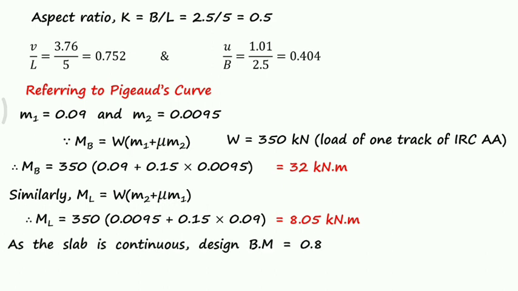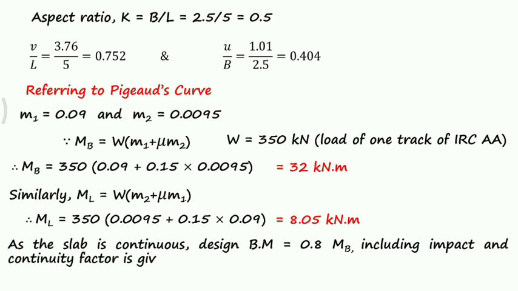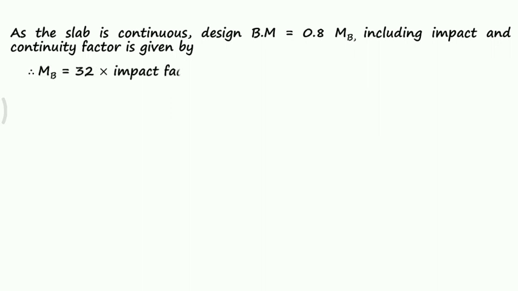As the slab is continuous, the design bending moment is 0.8 into MB, whereas due to continuity, the moment gets reduced here by 20%, including impact and continuity factor. MB is equal to 32 into impact factor into continuity factor. So for the impact factor, the load will increase due to impact effect, as per IRC 6 2008 page number 30,